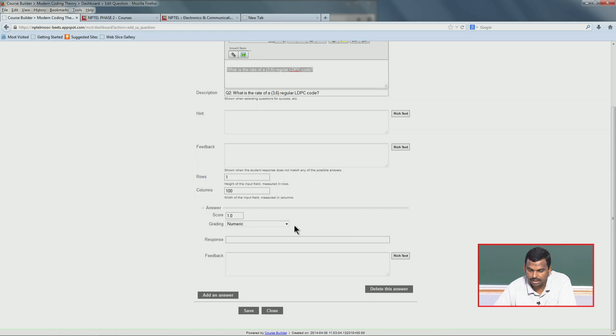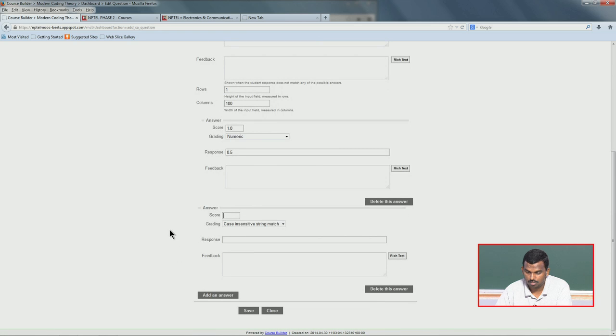I'm not very clear on how this works, so we'll just play around with it and see what happens. Let's say I pick maybe range, and then I say, so how do I do range? I don't know. Let's say 2. No. Maybe I should do numeric here. I'm not sure. Let me try a couple of things. I'll do numeric, and let's say I put 0.5. It just keeps coming over and over again. So I don't know what to do.